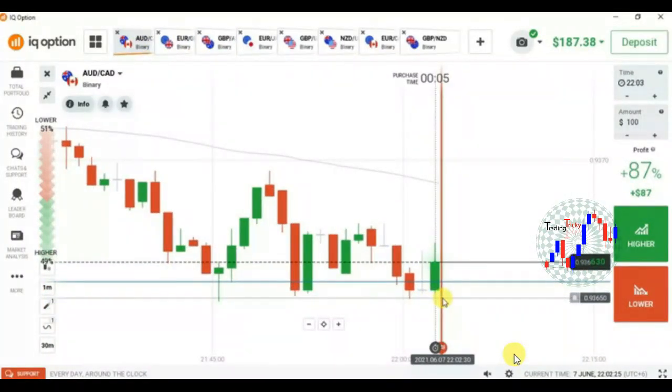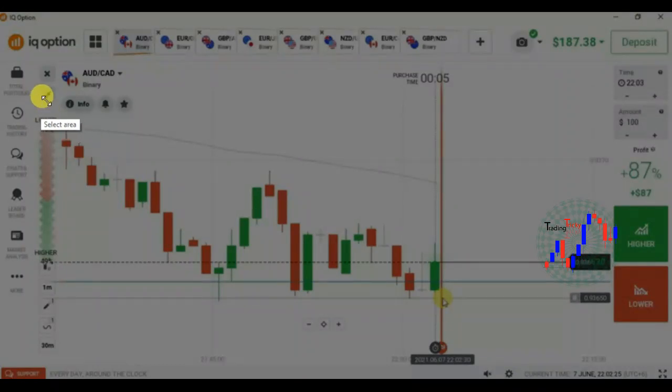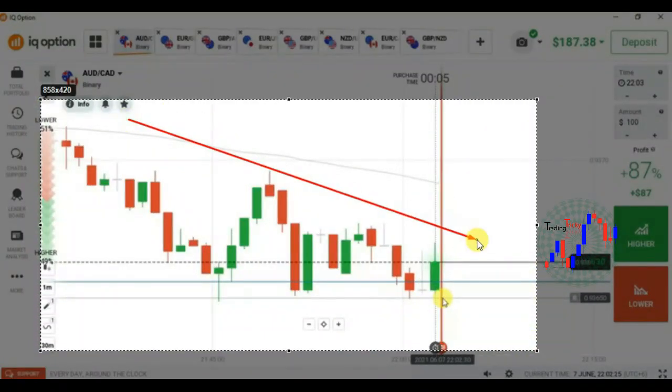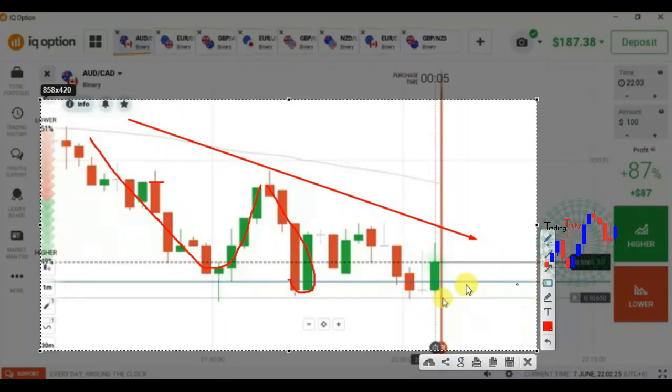Okay, I think I have a chance here. If you observe this market, this is downtrend, but look at the movement, reach this level, okay, made small breakout, but this is same candle